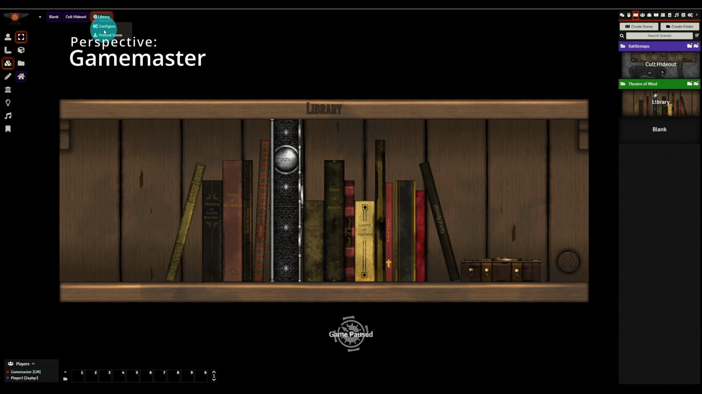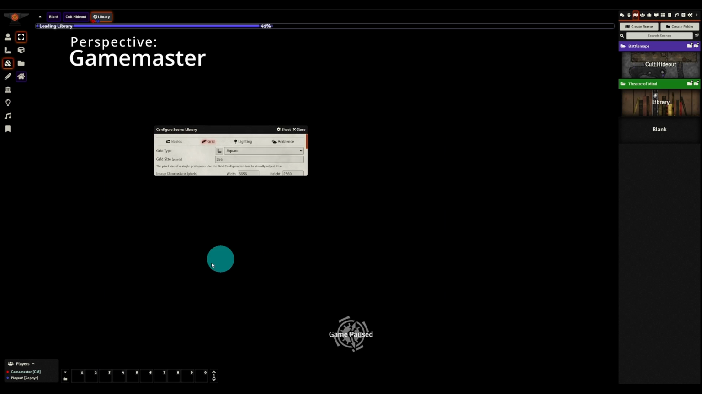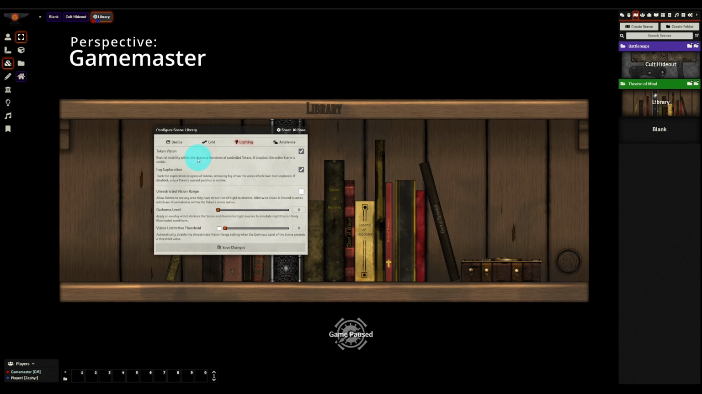But with gridless, you have some interesting complications with moving things around, like the tiles. So I'm going to make it square and set the grid opacity to 0. So visually, this is where I want it to be. But now, for the really important aspect of these theater of mind scenes, we're going to turn off token vision